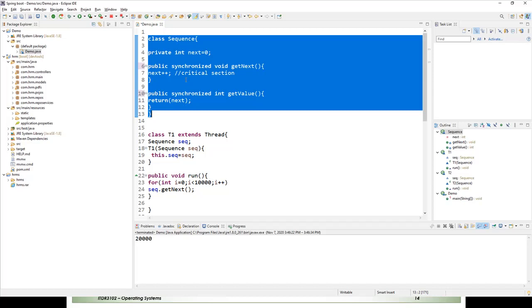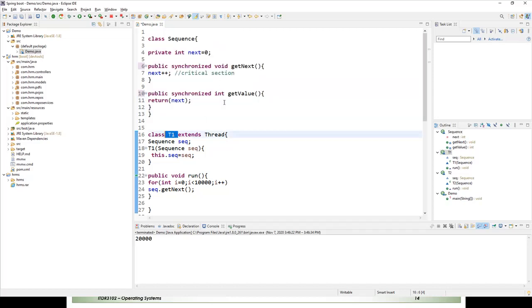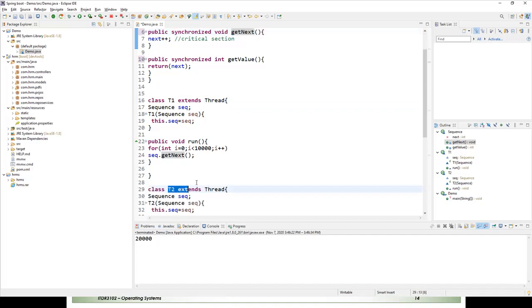When you make this class a monitor by making the variables private and methods public and synchronized, it implements mutual exclusion. What is mutual exclusion? Only one thread at a time can be active inside its critical section. If T1 is calling this getNext method, and at the same time T2 tries to call this method, then T2 would be blocked.